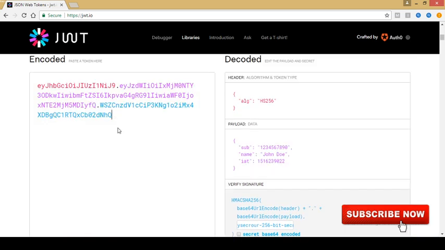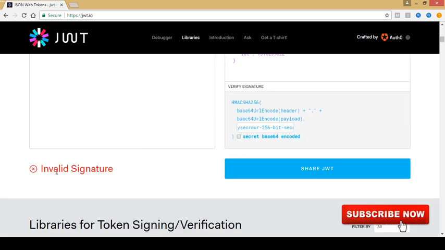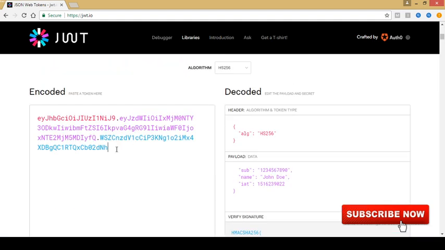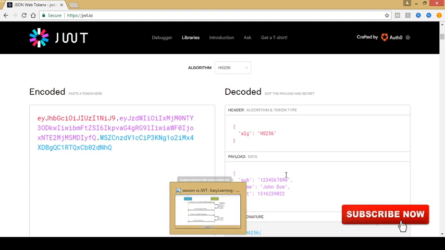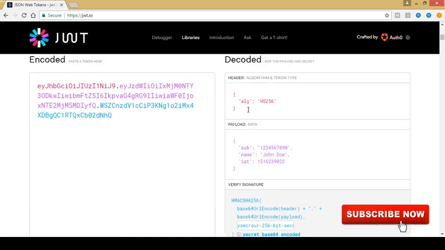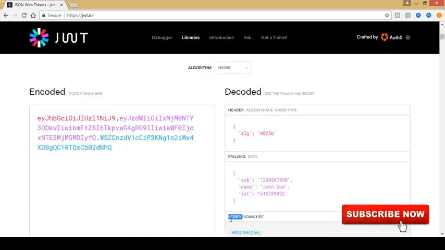One more example for this is if I tamper with my signature here, you can see that the signature has been invalidated. So any kind of change to this JWT token will not be accepted and will not be verified to send your response back to the client. So this is how validation comes into the picture. There are three validations here basically: authorization in the header, and the JWT in the header with the proper header, payload, and the signature verified.